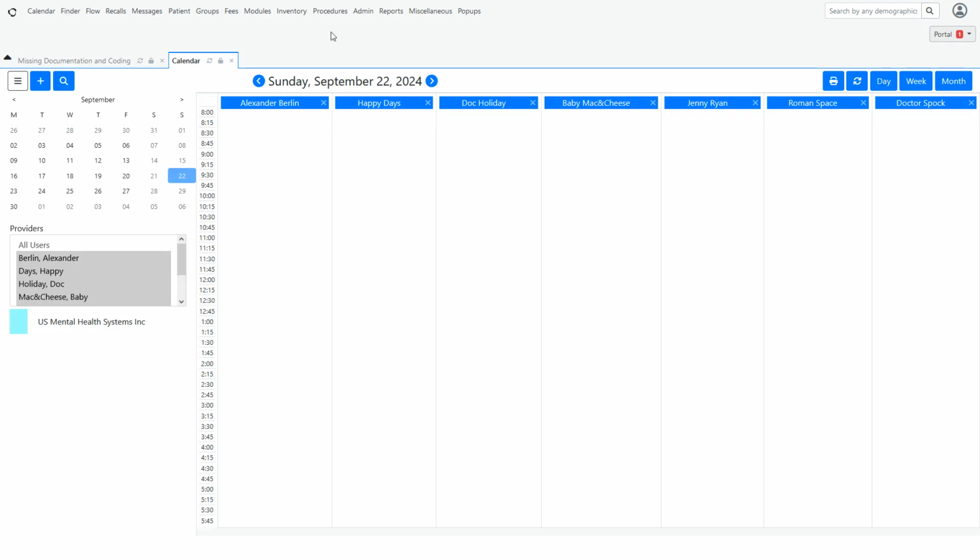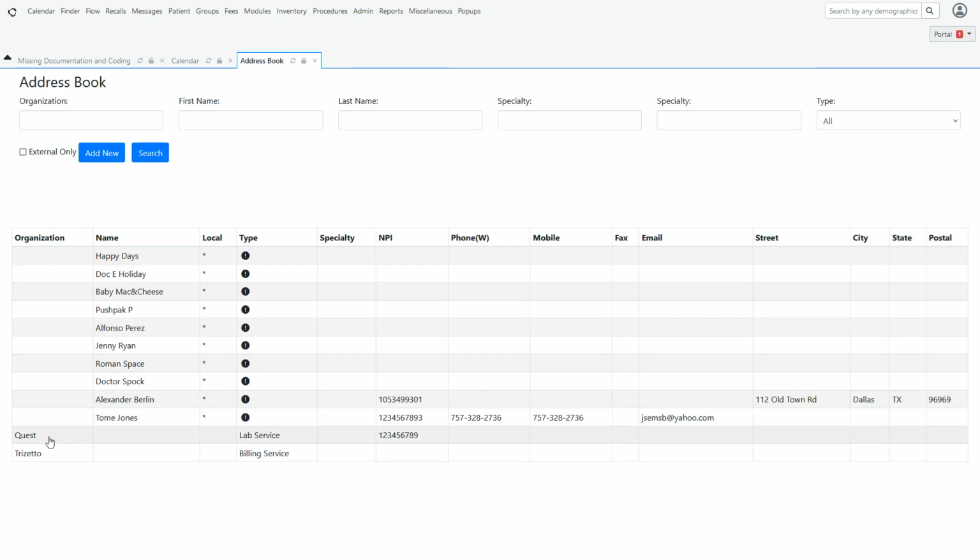Now in our system, I have lab already set up, and we do that for our customers so they don't have to do this on their own. But for those who want to do it on their own, this is how you set up lab. The first thing you need to do is go to the address book. So go to admin, and yes, you have to have admin level privileges here. Go to the admin, go to the address book,